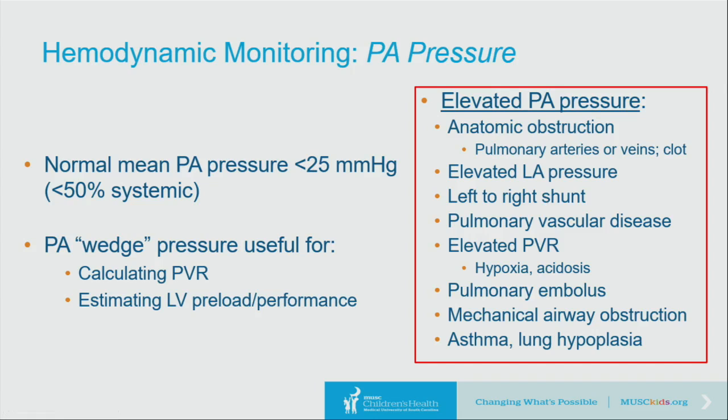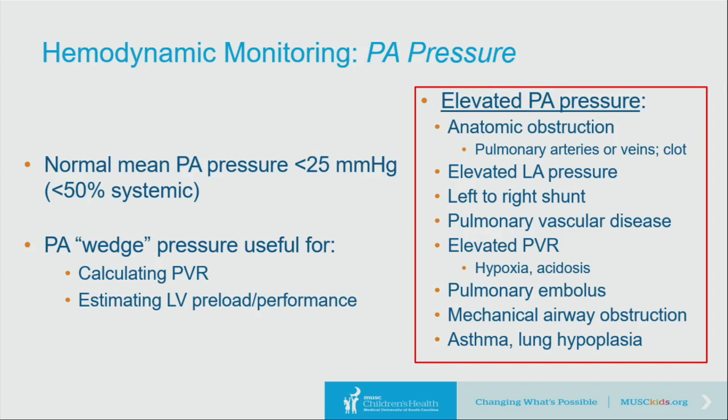Well, obviously in the current era, we rarely have direct pulmonary artery monitoring in the early postoperative period. It's probably a couple of patients a year in most centers. Your normal pulmonary artery pressure is less than 25 millimeters of mercury after the first few days to weeks of life. If you do have a pulmonary artery line and the pressures are elevated, the